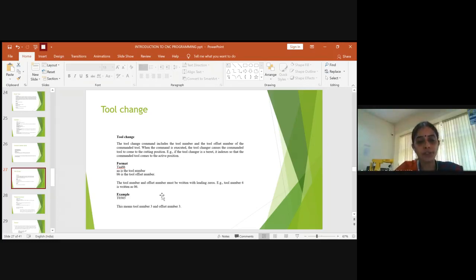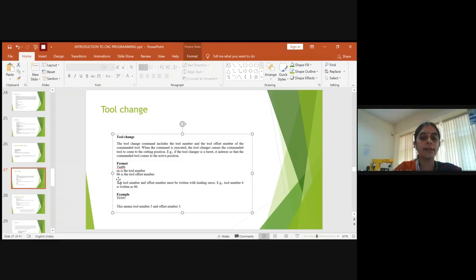And suppose if the tool has to be changed, with a single tool all the operations cannot be performed. So if you want to change the tool, for that you have a format. We use T, small a twice and small b twice. What does small a stand for? Double a will always provide you the tool number.